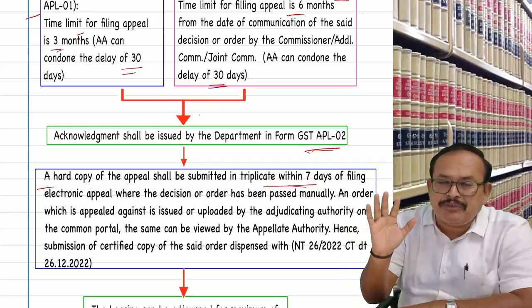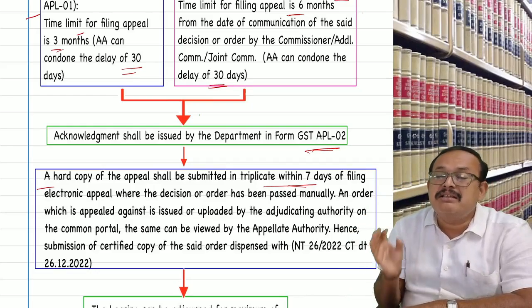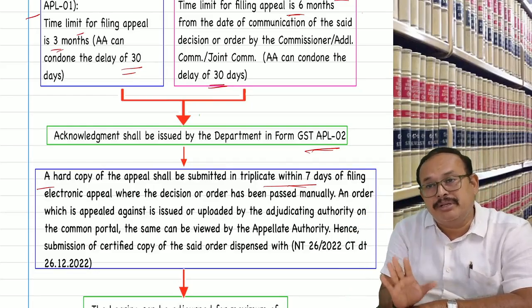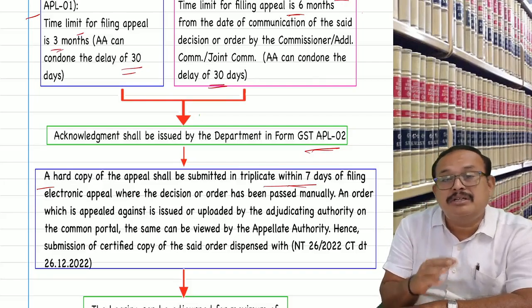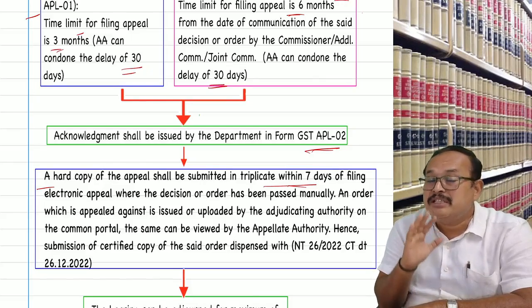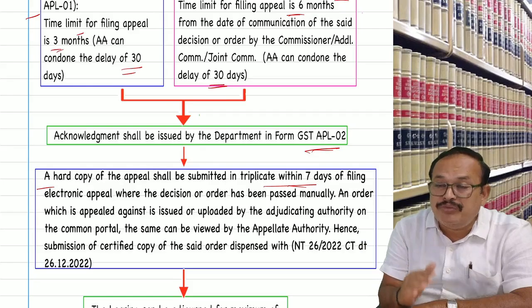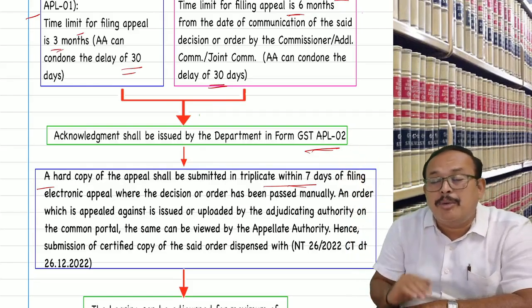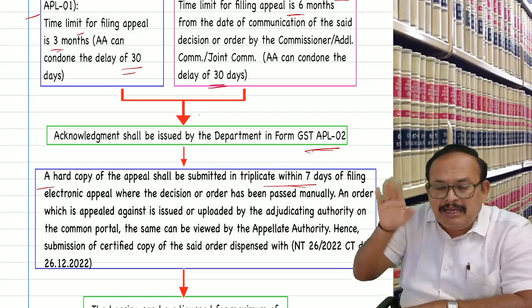Now please come back. My point to refer here is what? Appeal to the appellate authority, either appeal to Commissioner Appeals or appeal to Joint Commissioner Appeals against the order of the Superintendent, Assistant Commissioner or Deputy Commissioner. If it is so, Joint Commissioner Appeals. No, sir, the order passed by the officer is a Joint Commissioner or Assistant Commissioner. So I will go to appeal to Commissioner Appeals, where the pre-deposit is also made, and go for appeal.